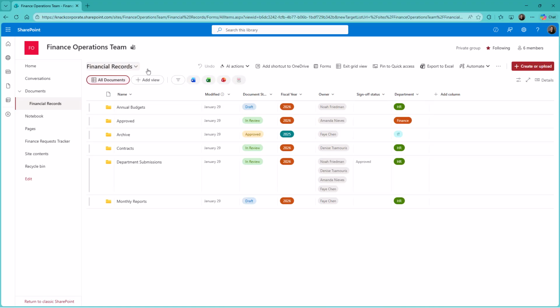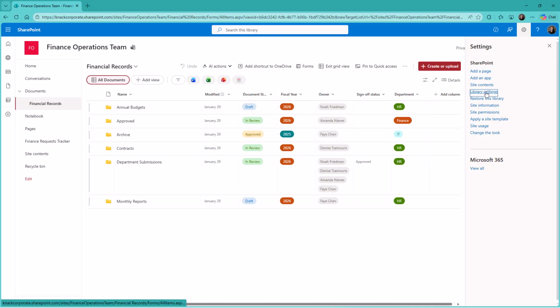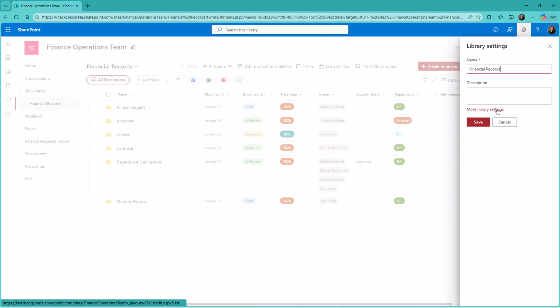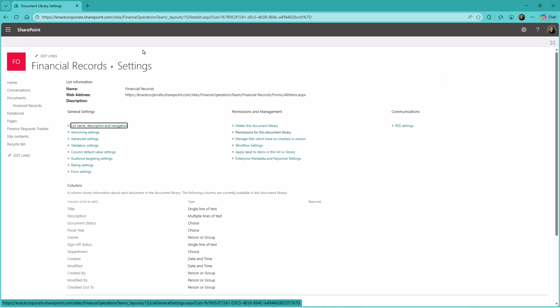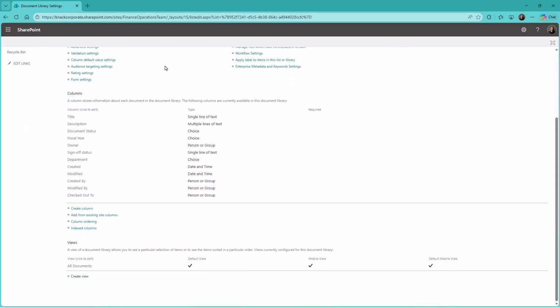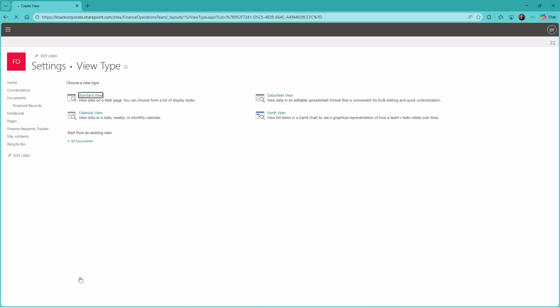To create this view, I'm going to go over here to the gear and click on library settings. Once I do that, I'm going to choose more library settings. Once this opens, I'm going to scroll down until I see create view down here. Now, a flat view is a view where all of the files have been removed from the folders. It is a standard view, so I'm going to choose standard view, and it's going to give me the opportunity